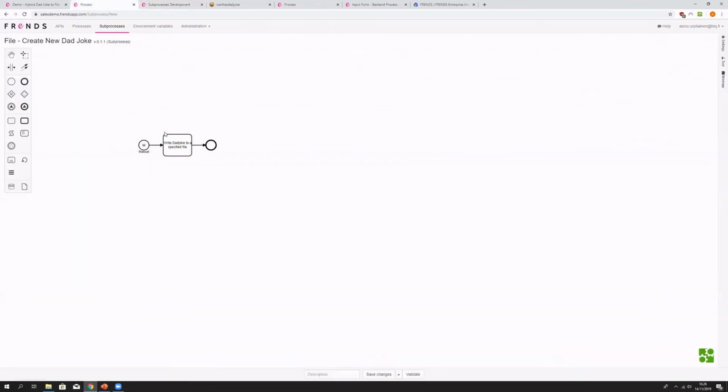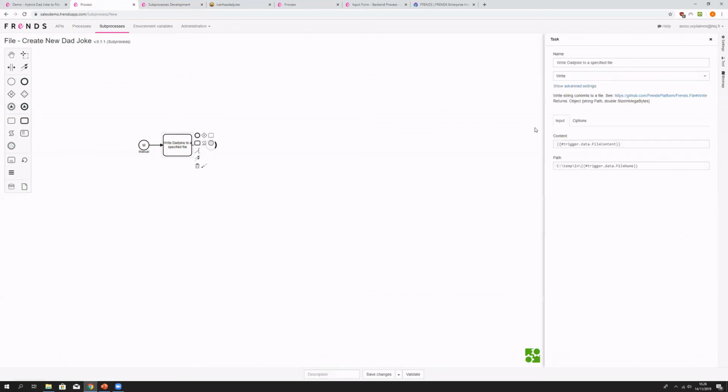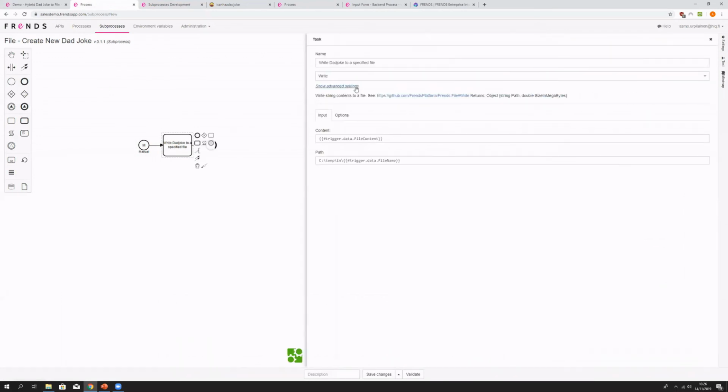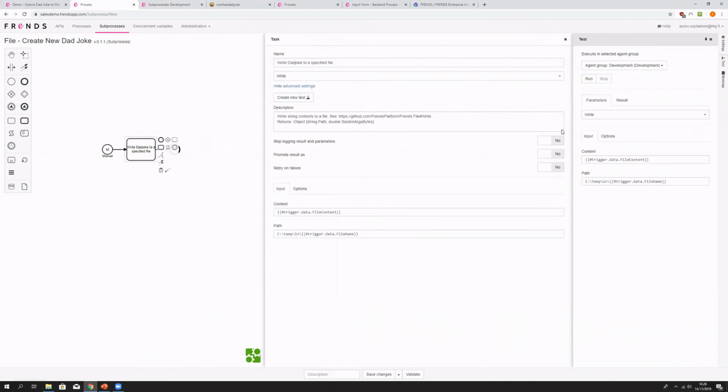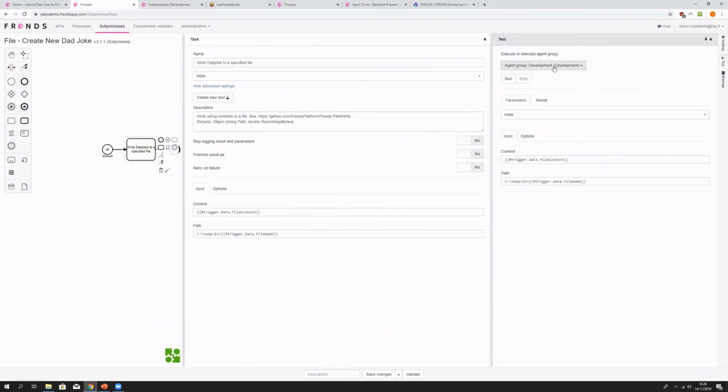But now, if we're happy with our subprocess, which would be writing a file, I also, of course, want to test this out, so make sure that everything is working as it should be. So I'm just going to select my own home PC here as the agent I want to execute this in. And just as a brief clarification, we are now running in the development environment, but we're going to be executing our